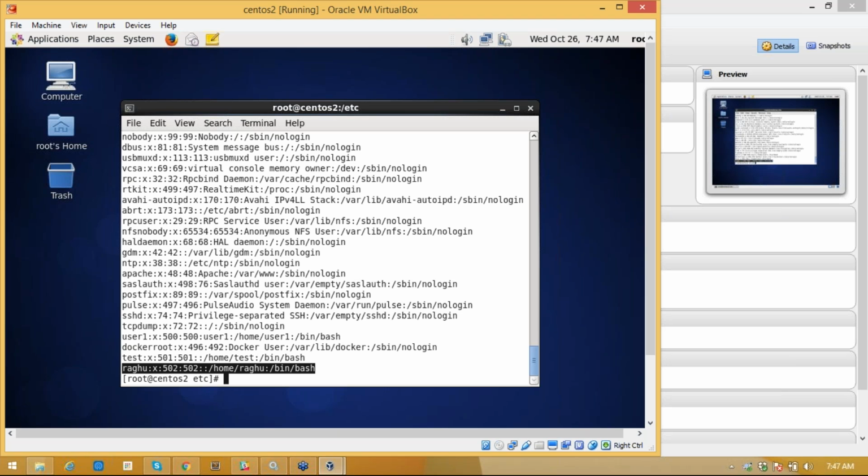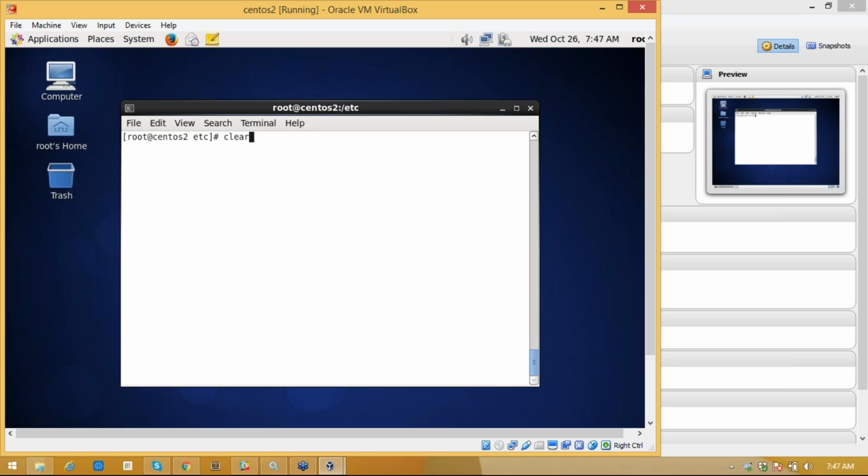Now if you see this particular file, at the file level, the user is root and the group is also root.